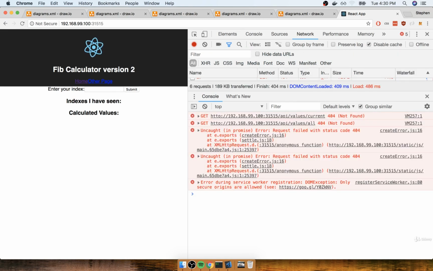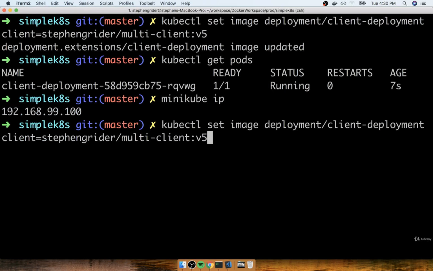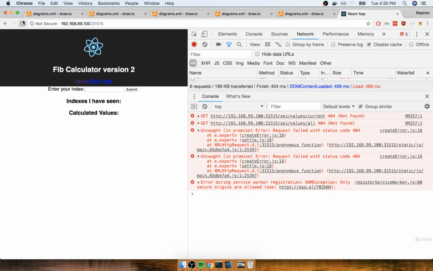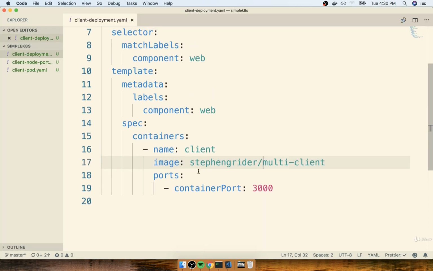And then if even that doesn't work, you can always run the set, where's that command? The big set image command here again. Try running that a second time. And then after all that, you should be able to eventually refresh this thing and see version 2 appear. Like I said, sometimes it does take a second or two for it to actually pop up the update inside of here, but you should eventually see it go live. All right, so that's it. That's how we update, or how we tell a deployment that we want it to use the newer version of